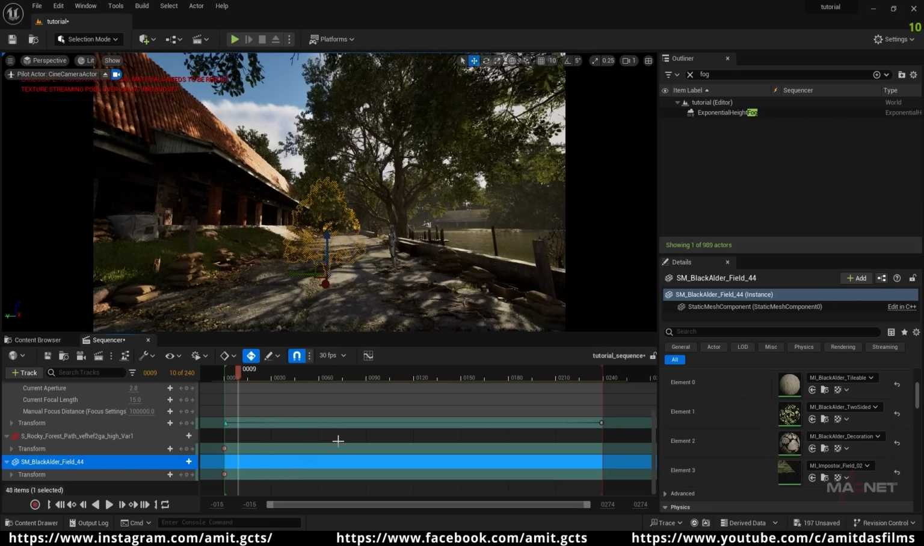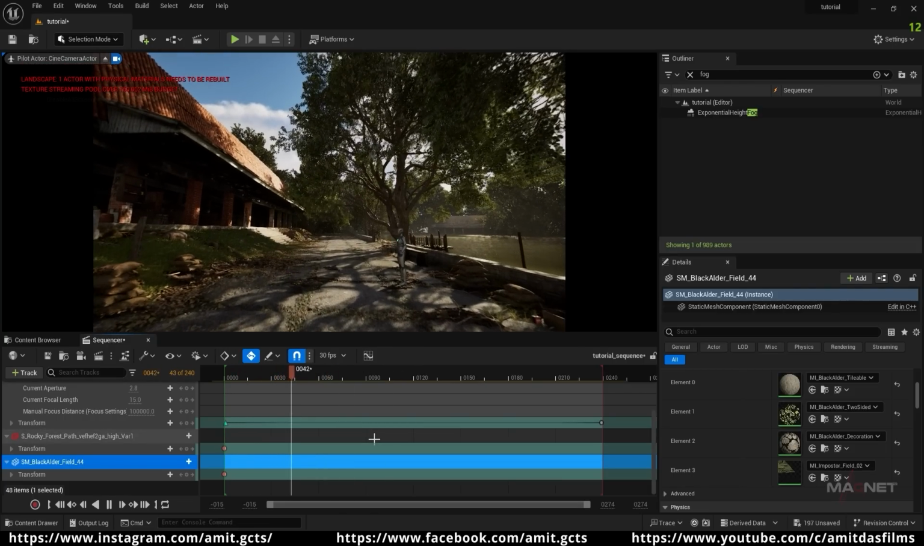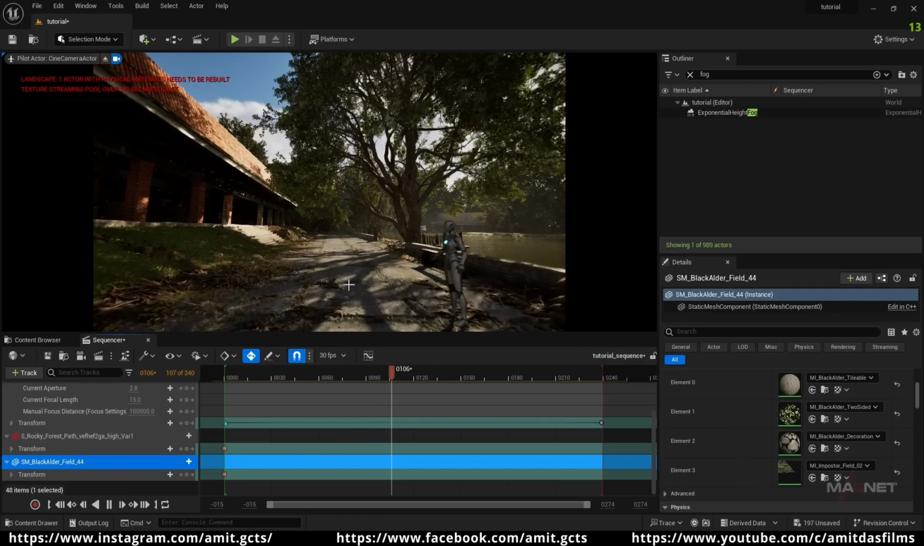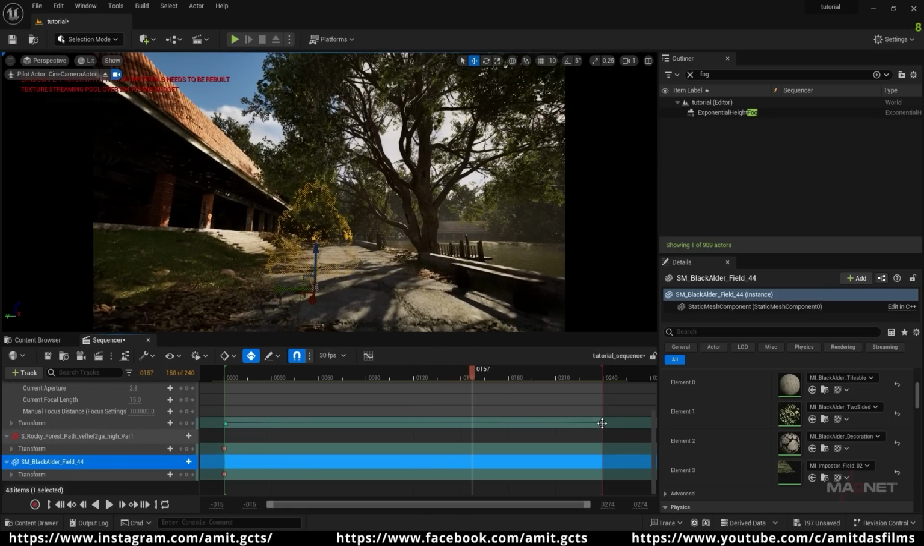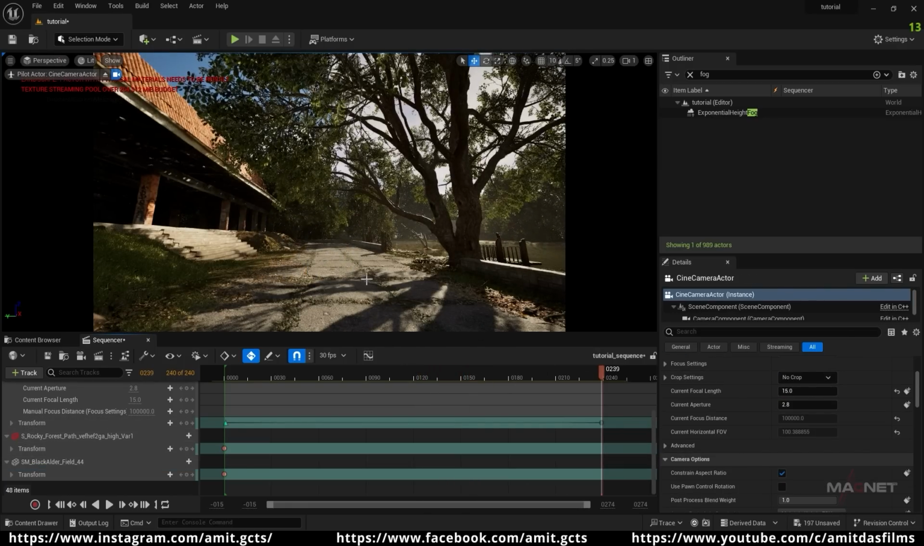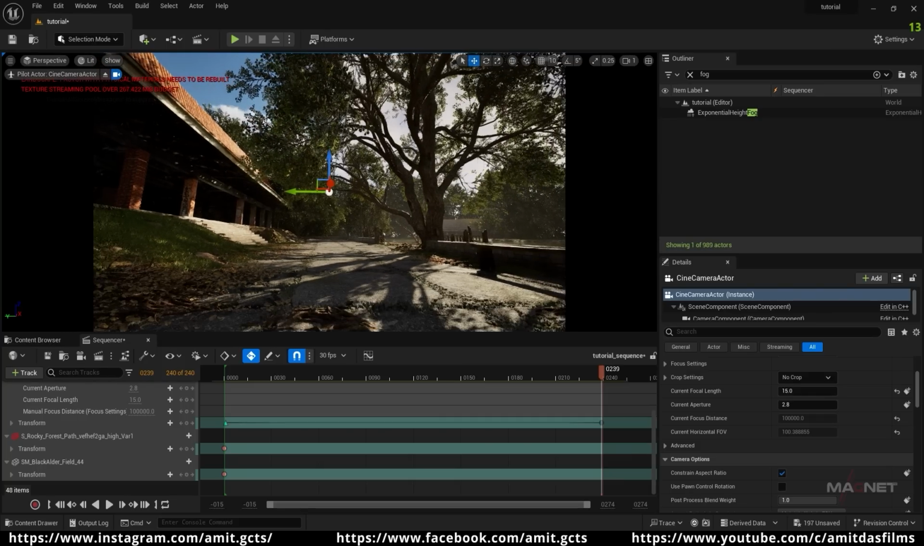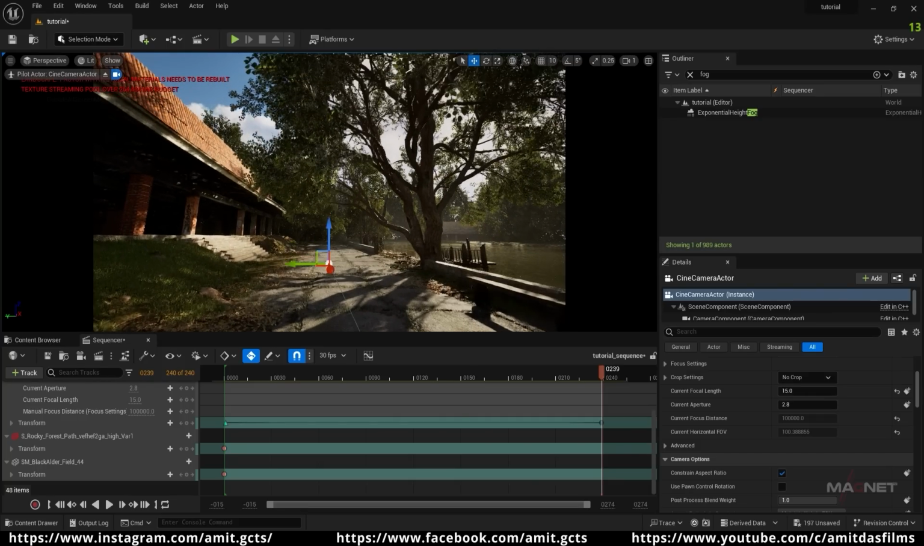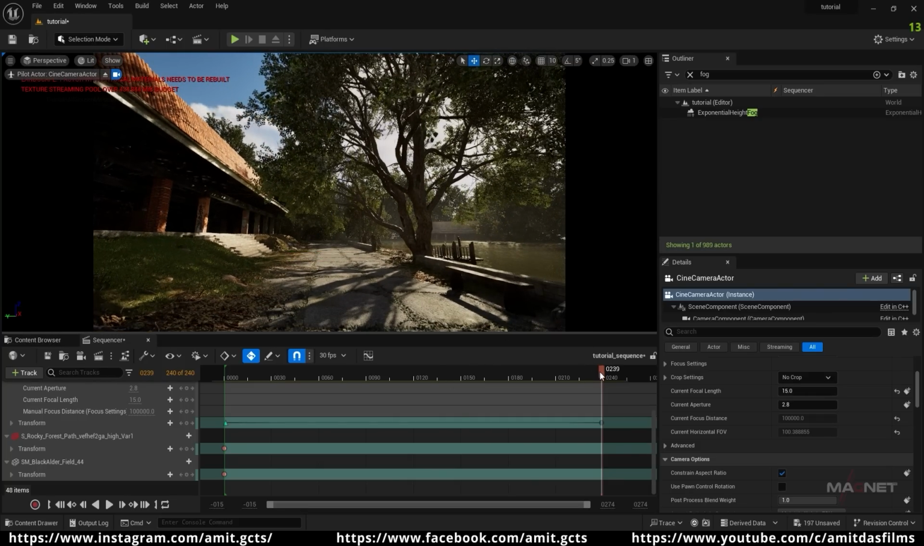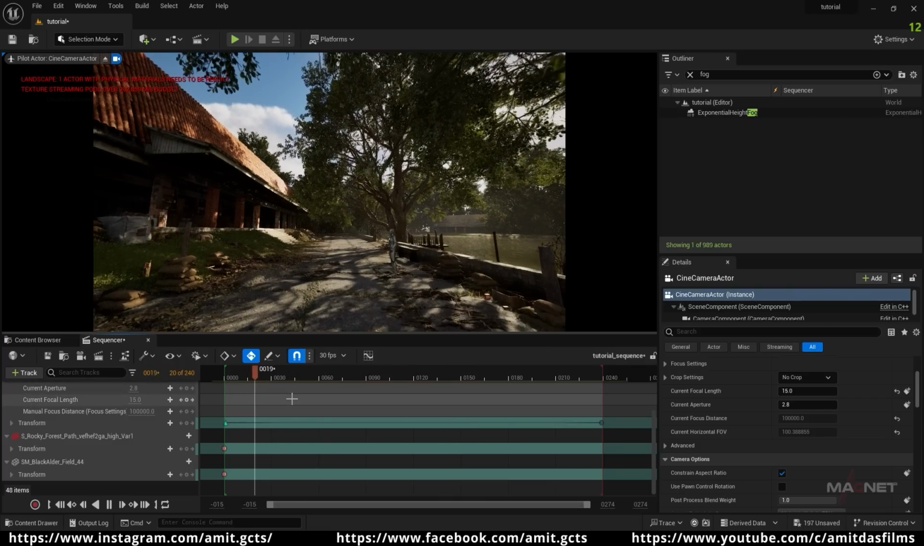And now if we play, maybe you can see that they're walking very fast here, so we have to slow the movement. So maybe we can narrow our animation area here. Okay, so now if you see,